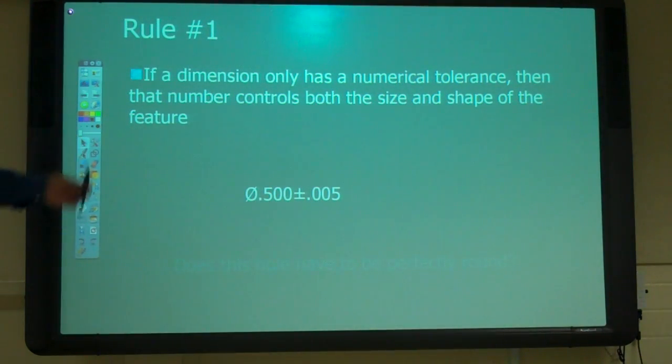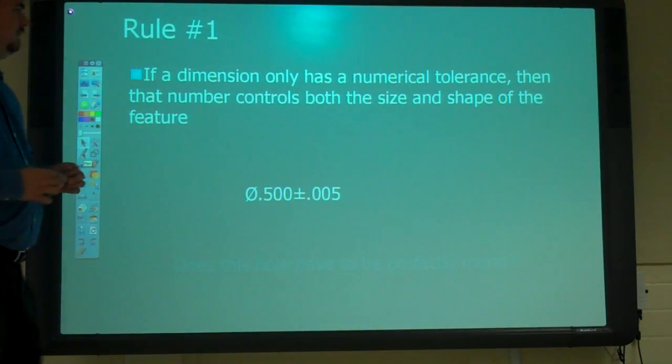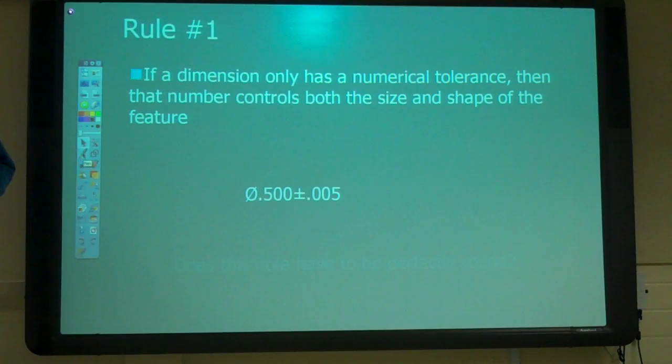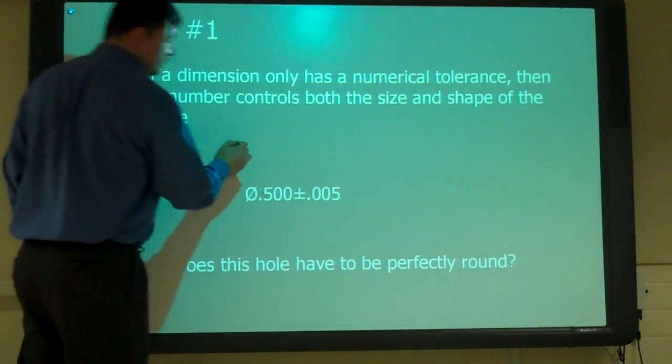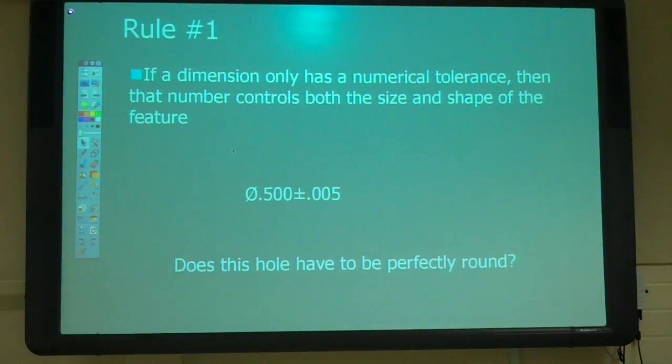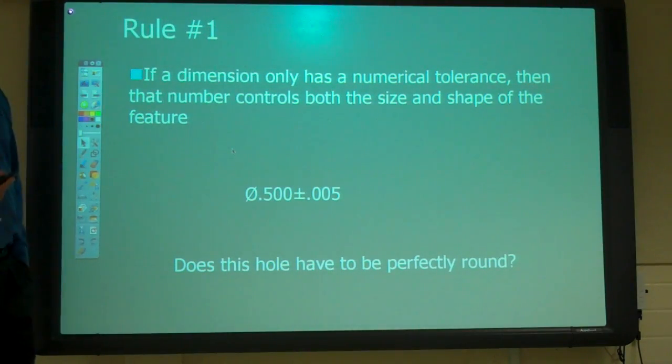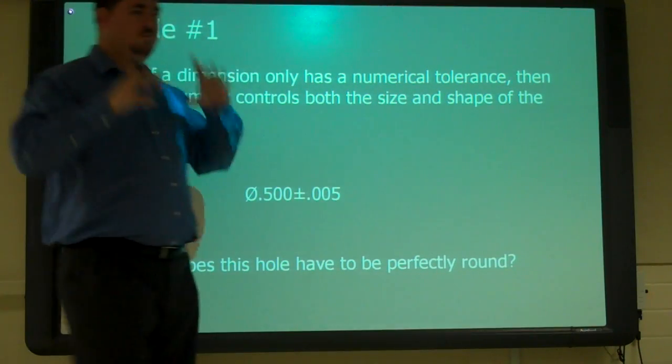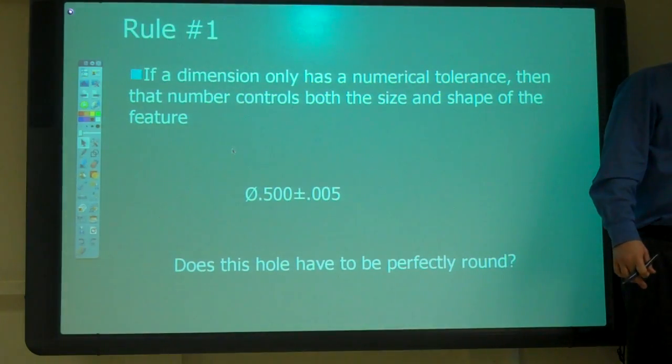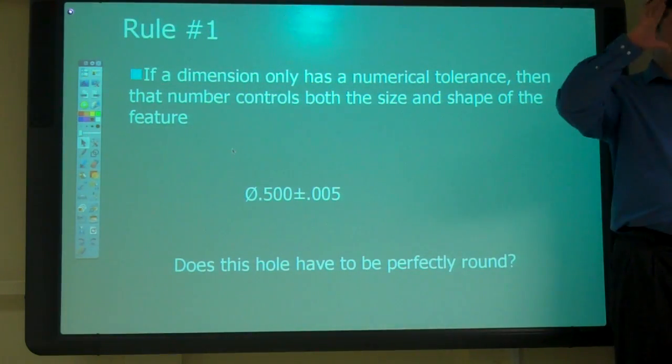So rule number one, this is just called rule number one, is that if it's just a numerical tolerance, then that tolerance controls both the size and the shape of the feature. So if we have that dimension, diameter of 1/2 inch plus or minus 5 thousandths, does it have to be perfectly round? Does that mean that that's a circle? A perfect circle? No. You said no. Well, it's a circle, so I guess it would. But does it have to be perfectly round? It's perfectly round, it's just whether it's larger or smaller. Yes. Is that what it's saying? Yes. That it has to be a perfect circle with a